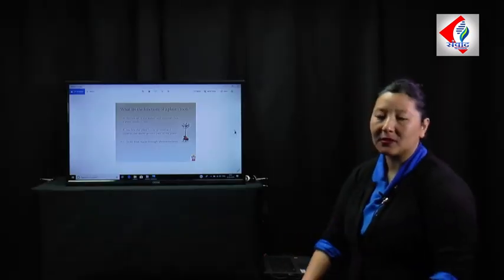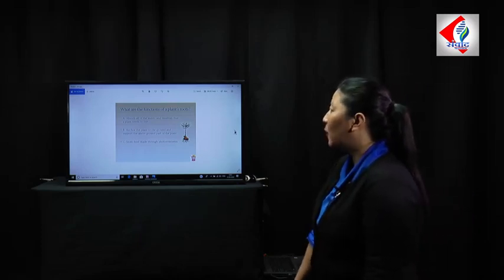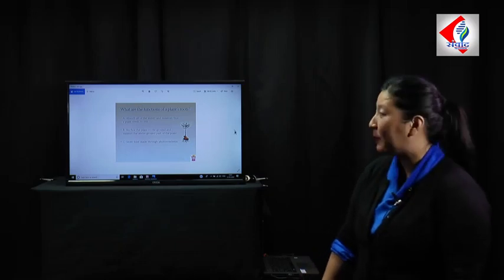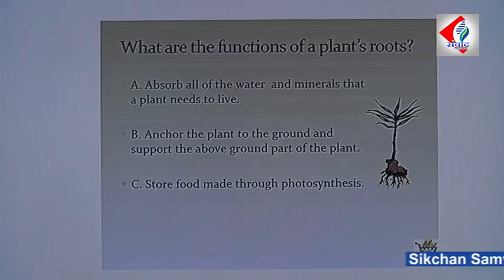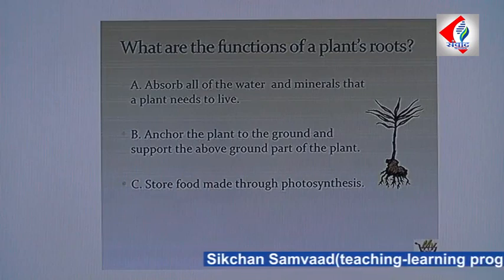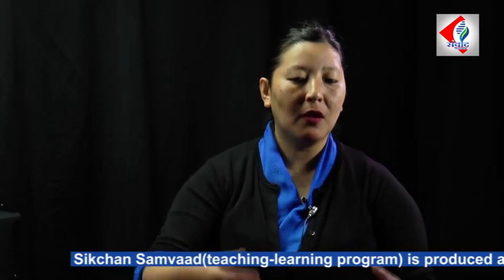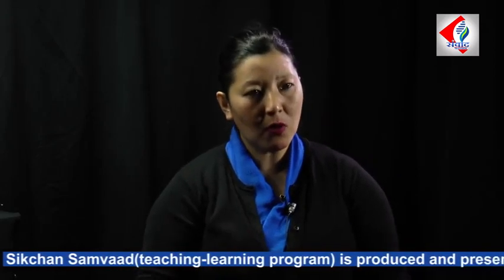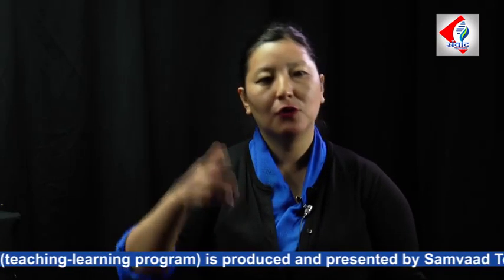It anchors or fixes the plant to the ground and also supports the above part of the plant. And it also stores food made through photosynthesis. So whenever we water a plant, how do we normally water the plant? Yes, obviously we water it at the roots, isn't it? Because the roots absorb the water and then the water is transported through the stem to all the parts